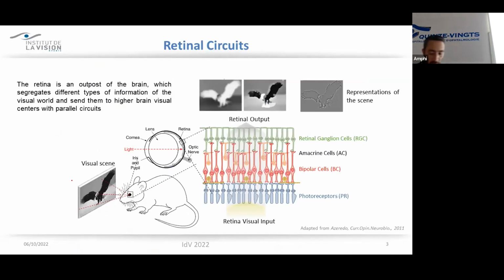So we all know that the retina is an outpost of the brain for visual scene processing. Very briefly, we have the photoreceptors, which detect light. The signal is passed to a number of inner microcircuits that involve bipolar cells, amacrine cells, and others, releasing information to the retinal ganglion cells that then send this information to the brain. And there are a number of microcircuits that work in parallel, such that different features of the